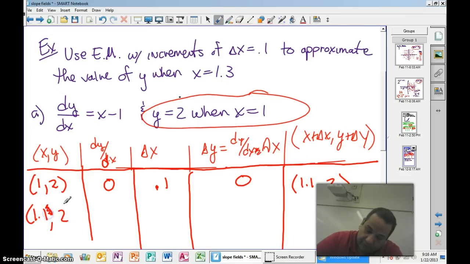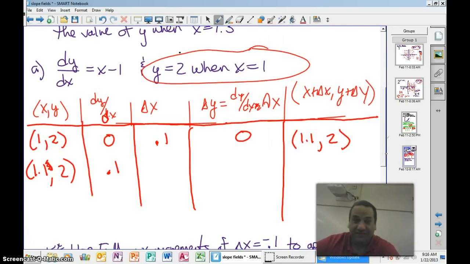So now I'm going to do it for 1.1, comma 2. And now when I do dy dx, I get 0.1. Nice, nice. Yes, you missed me saying that. And then it's 0.1 here. And now this is going to be 0.1 times 0.1 is 0.01. All right, so now my new point becomes